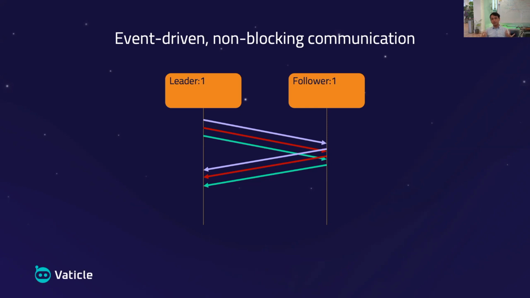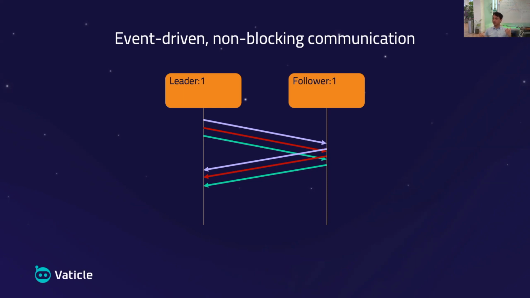And what we come up with is we need to make sure that the algorithm that we built is implemented in such a way that is concurrency first. So we want the algorithm to be implemented in a non-blocking and event-driven way. We've taken a look at several alternatives.